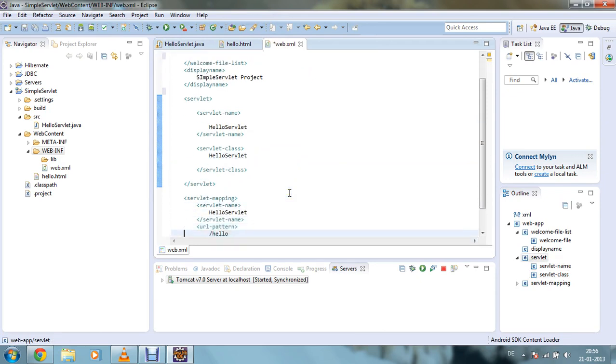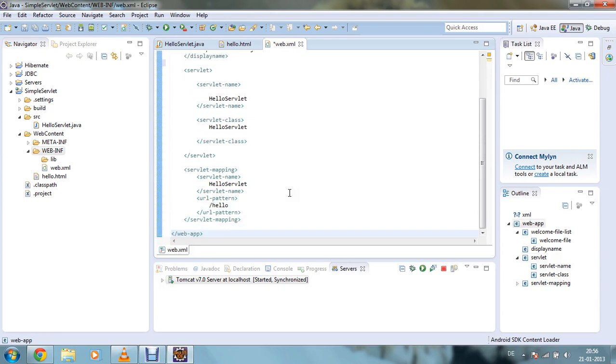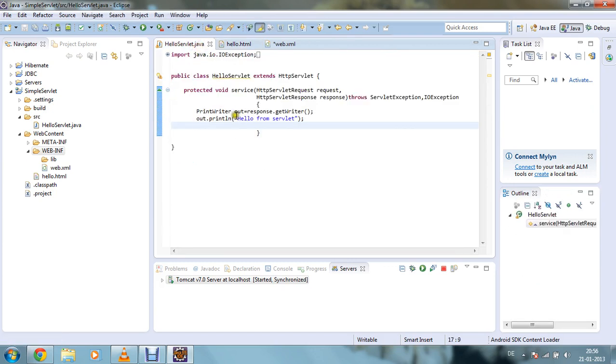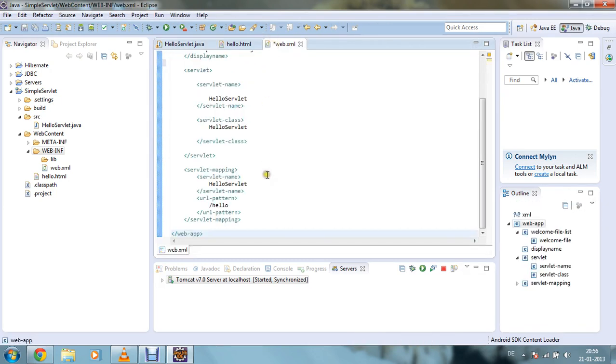Then you have to map your servlet to your particular HTML file, because we are using our form action, and I have given one input type as submit. After clicking submit, this has to be mapped to the HelloServlet class, and in the HelloServlet there is a println statement, that is Hello from servlet. So I have to map my servlet to my HTML file. In order to do that, I use the servlet-mapping tag, then the servlet name which you want to map to your HTML, that is HelloServlet, and my URL pattern is slash hello.